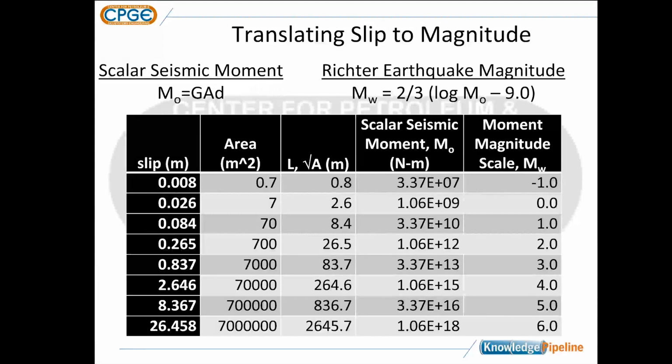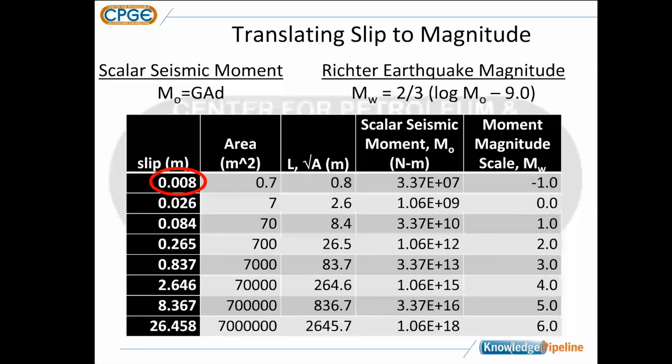We can take that from our geologic example of faults where we have the dimensions, so we can convert that with the equation on the right into the Richter magnitude scale. And that equation shows how you can make that calculation. So let's look at a fault like that outcrop in California where the slip is on the order of a centimeter, so this scale is 0.008 meters. It would be 8 millimeters. If we assume that that's 1% of the dimension of the fault, then the length of the fault is almost a meter. That would calculate out to be a magnitude -1 earthquake.